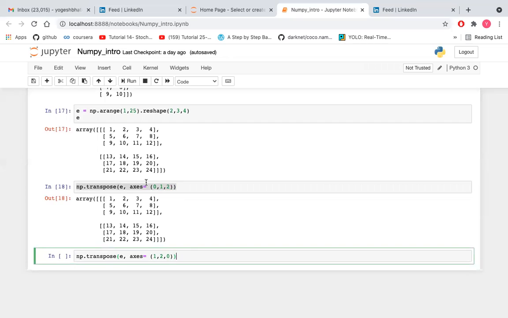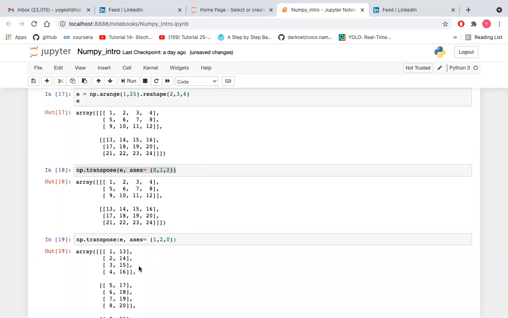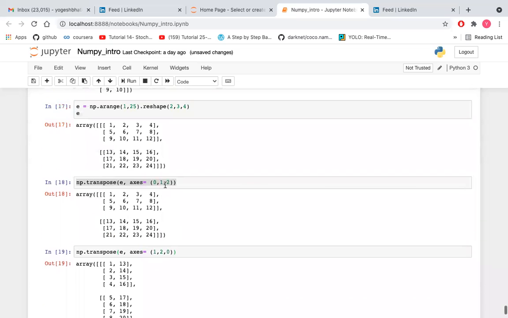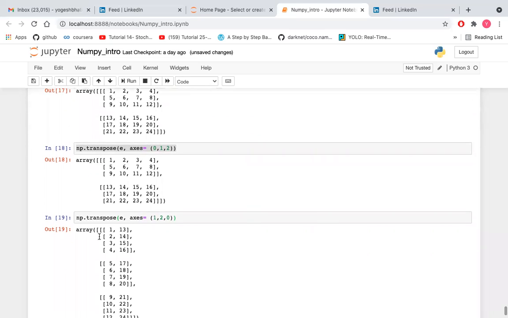And axis 0 represents the array size, 2, which will now become the columns. Axis 1 represented rows at the initial level, now it will represent arrays, so there will be 3 arrays: 1, 2 and 3.